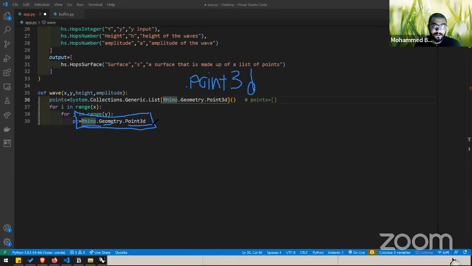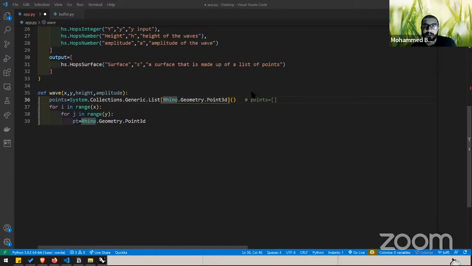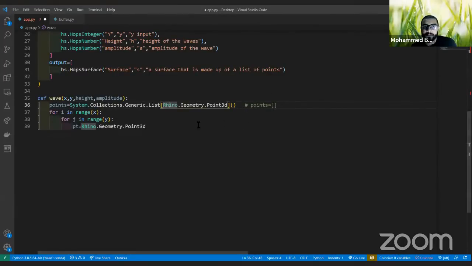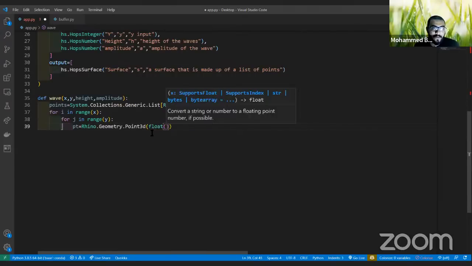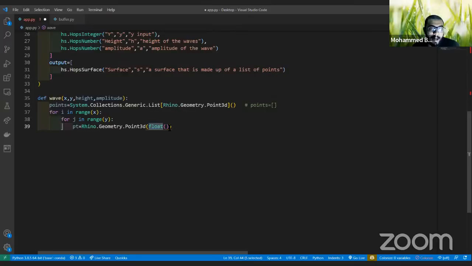Every class has a constructor. So that's it. Point3d here accepts just floating points. So I use the float function. It is a built-in Python function that makes every integer and every kind of number into a floating point number. It is for the sanity check. That's it. Float i, float